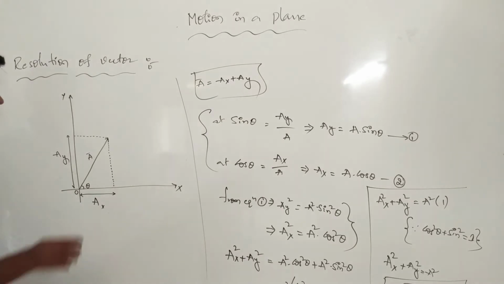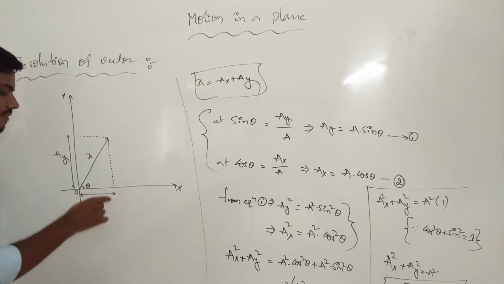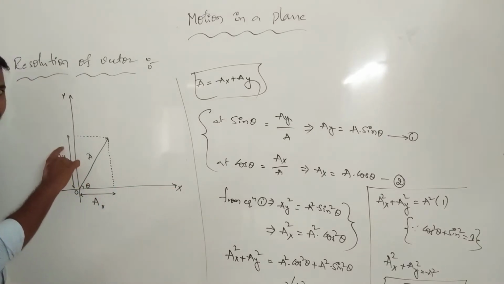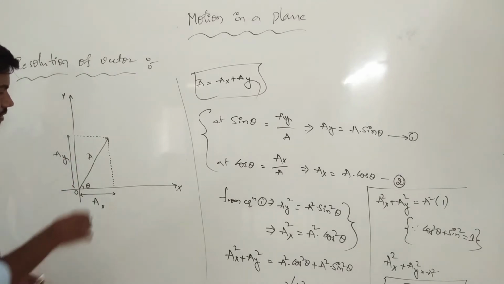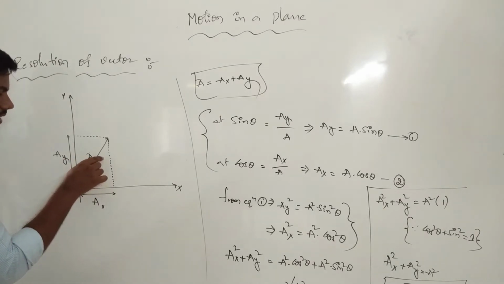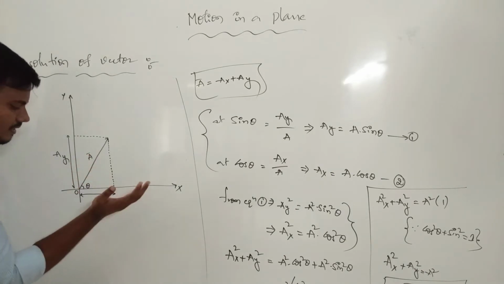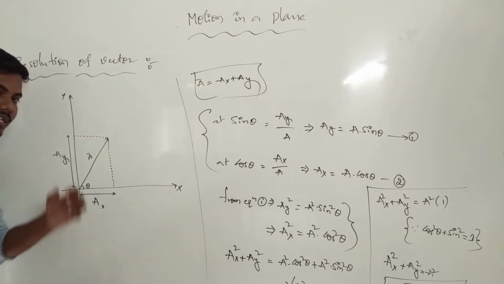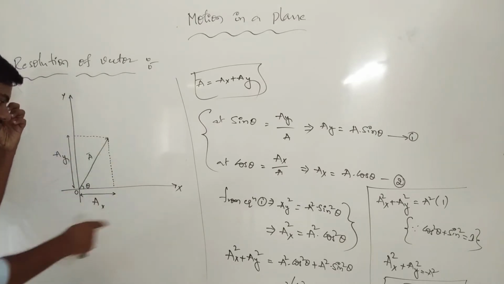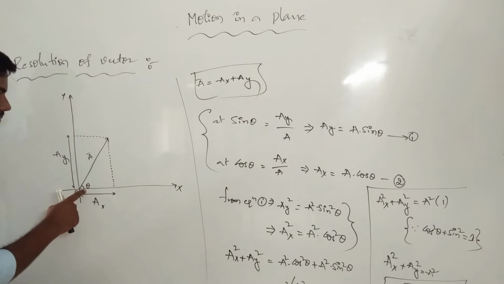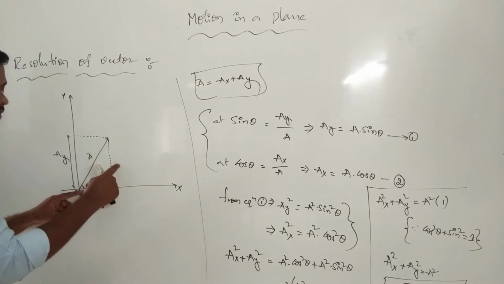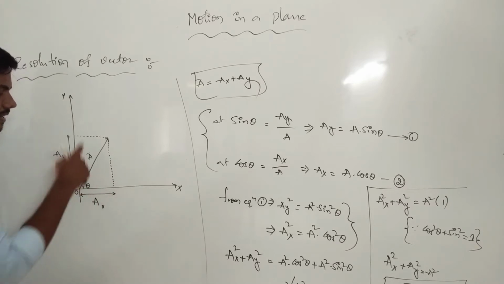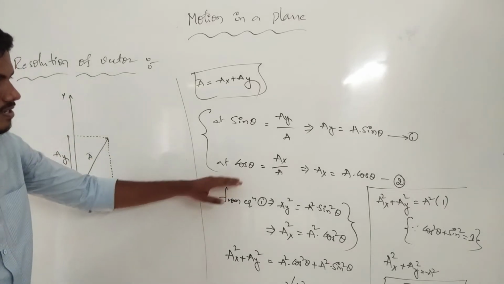There are two types of coefficients. First coefficient at the x-axis Ax, at the y-axis Ay. Clear? All this we are introducing to the diagonal A, which is the resultant vector A, equal to the first one and the second one, Ax plus Ay. In sin theta we can introduce theta in this graphical position. Sin theta is equal to opposite by hypotenuse. Now second one, cos theta is equal to adjacent by hypotenuse. Okay, clear? Now this is the cos representation.